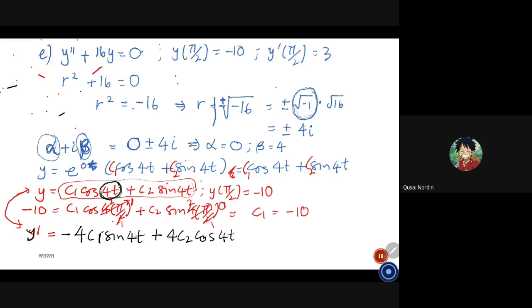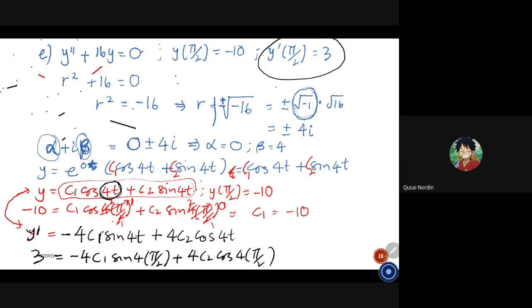Then the initial condition given to us is y prime of pi over 2 is equal to 3. So y prime equals 3, negative 4 C1 sin 4 pi over 2 plus 4 C2 cos 4